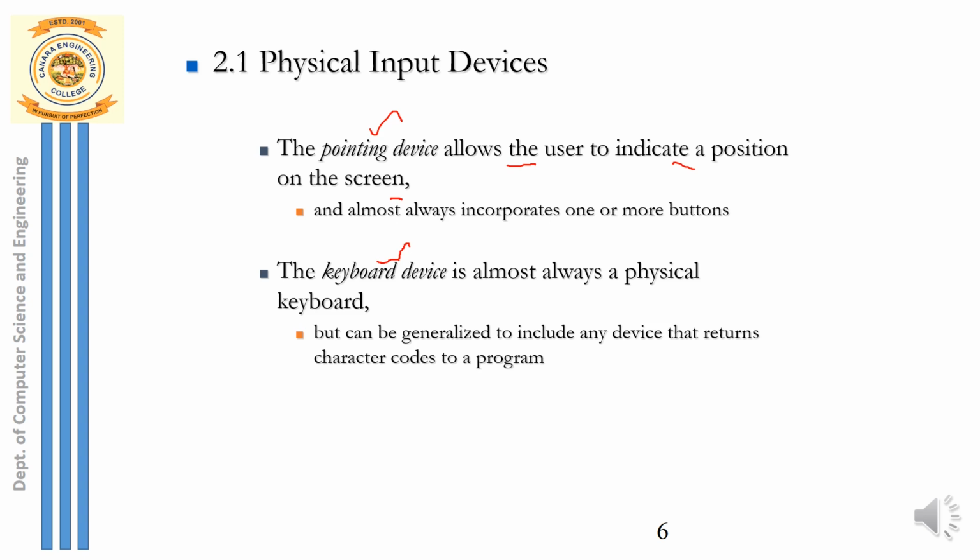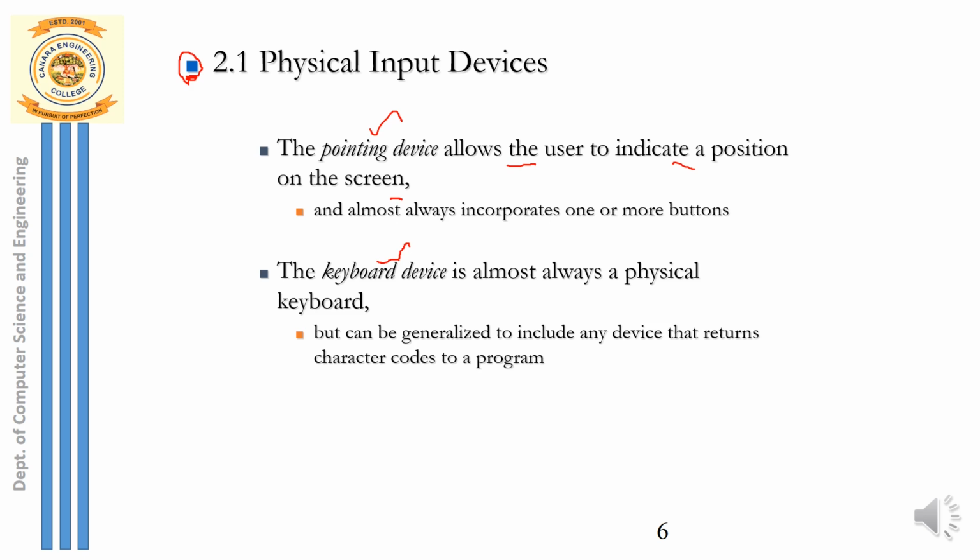Now what exactly does it indicate? Suppose now the pen here is moving over this blue dot, you can see. And what it indicates actually, when I move this here, is the position on the screen. So this position is returned. What is that position? It's given by the x coordinate and y coordinate. So that position corresponding to the mouse button, the mouse click here, is returned to the user.